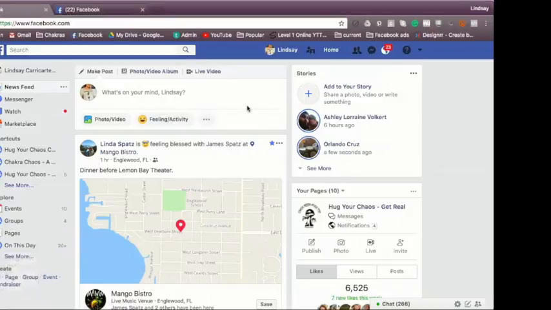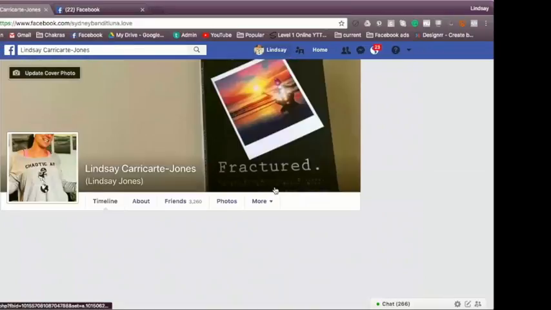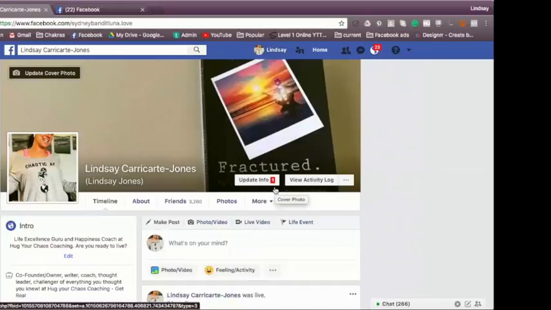From a high level, what I want you guys to understand, right? So we have our personal profile. We all know that. Guys, this is going to be a real 101 in case you're brand new to these terms. I want you guys to just make note of a couple of key terms. This is what is known as your banner or your cover photo. You can choose it to be anything you want. You need to always check what the most recent size guidelines are for Facebook because they change it all the time.